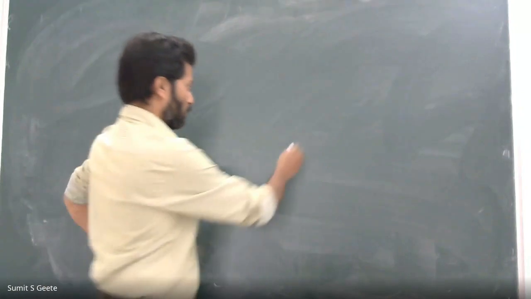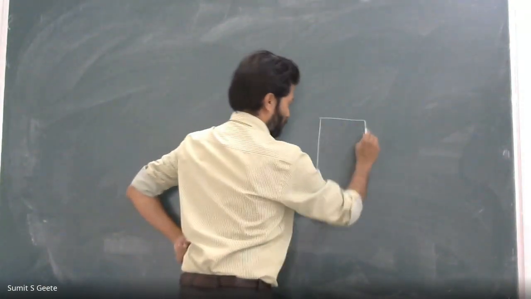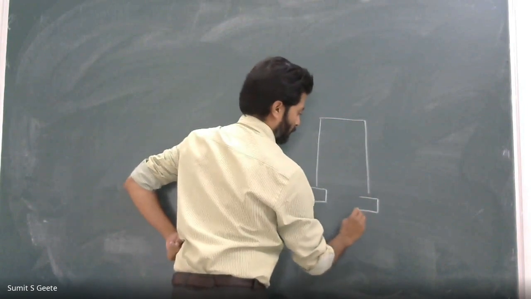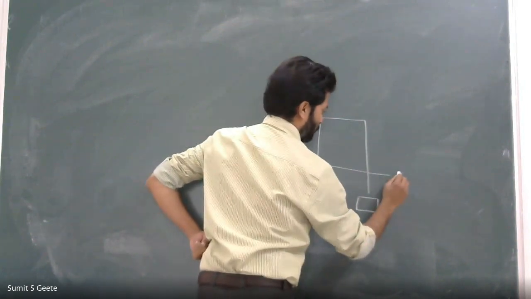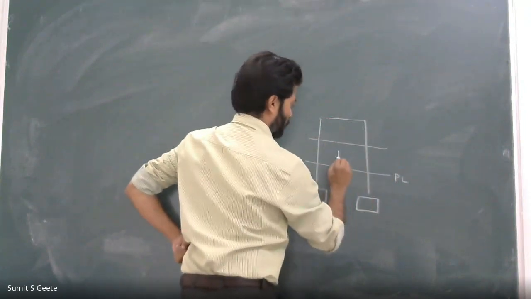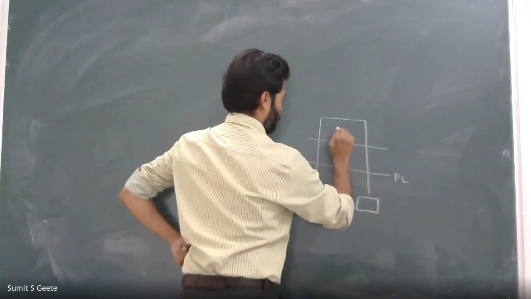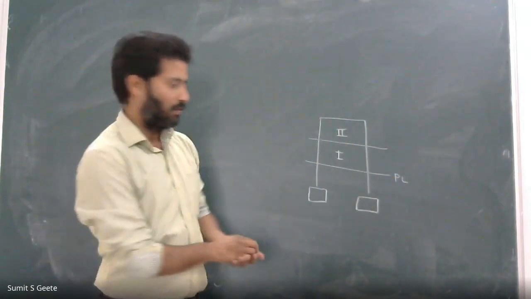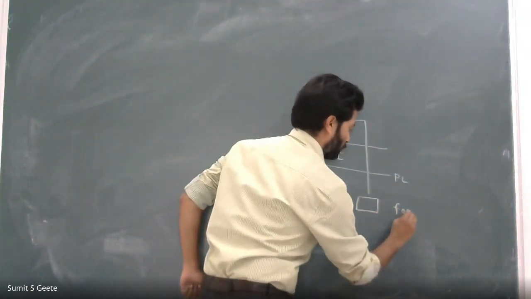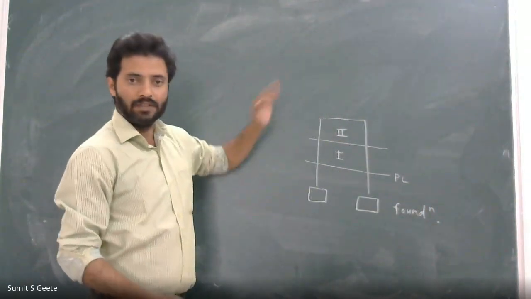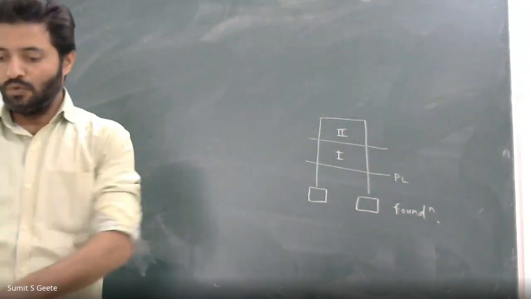Means how many floors are there? Suppose this is the building. This is the foundation. This is your plinth level. This is the first story, and this one is your second story. So a two-storied building is given, and this is the foundation. That is ground floor and first floor, right? So in this two-storied building,